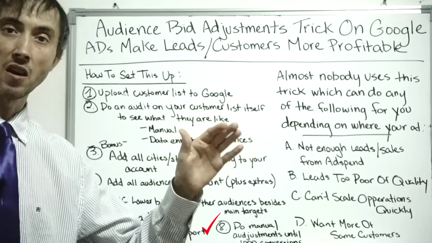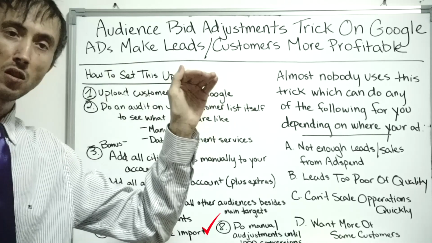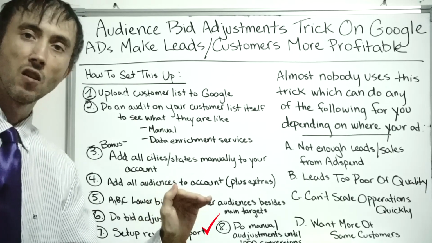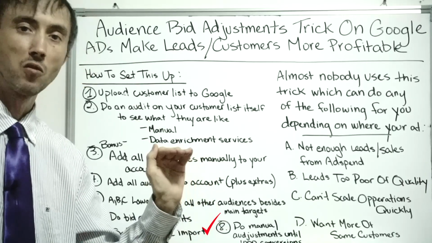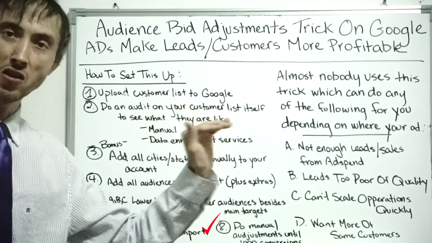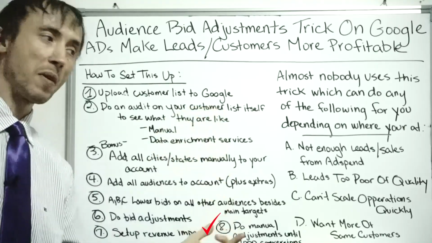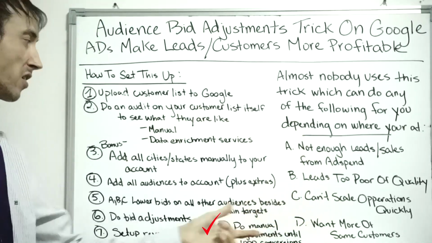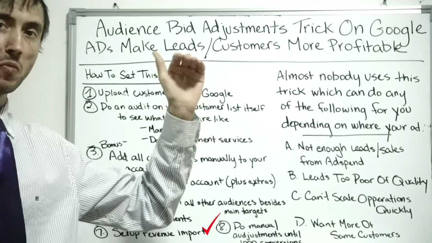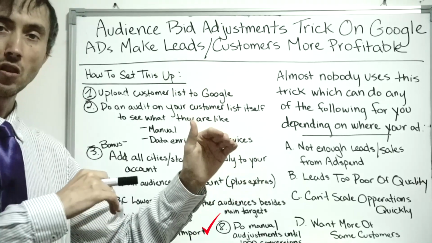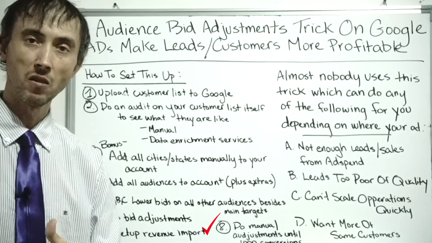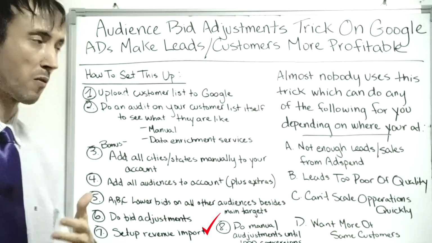And if you're doing something on a local basis, you should have each individual city or town inside your market area listed individually, all the way down to cities that are 3,000 in population, so that you can do a bid adjustment on each one. Because the same whole concepts apply to that as I just mentioned about the audience level bidding. Certain parts of the city or the country will do above average, and some will do below. And if you want to get cheaper cost per conversion, you can do these bid adjustments on the city level or town level within the market that you serve, or state level.